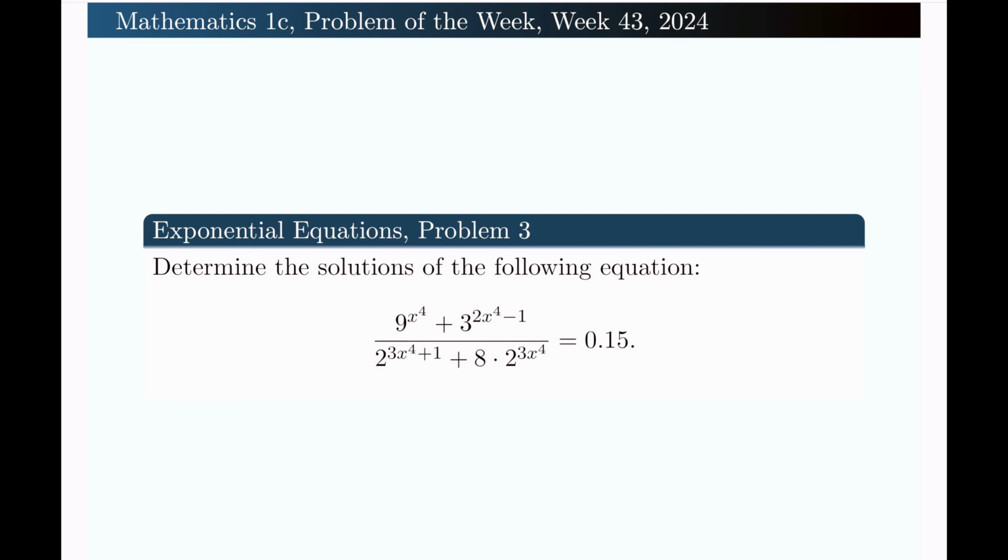Hello, in this video I'm going to solve the following problem for you, which is a problem on the topic of exponential equations. Determine the solutions of the following equation: 9 to the x to the fourth plus 3 to the 2x to the fourth minus 1, all over 2 to the 3x to the fourth plus 1 plus 8 times 2 to the 3 times x to the fourth,